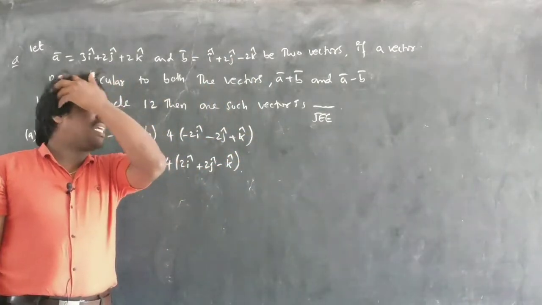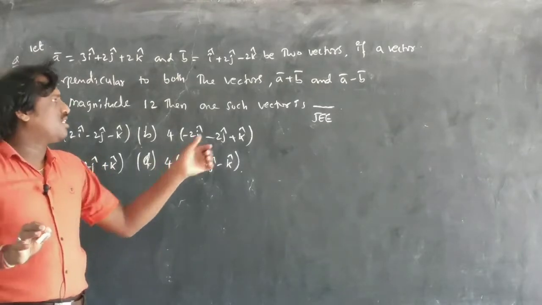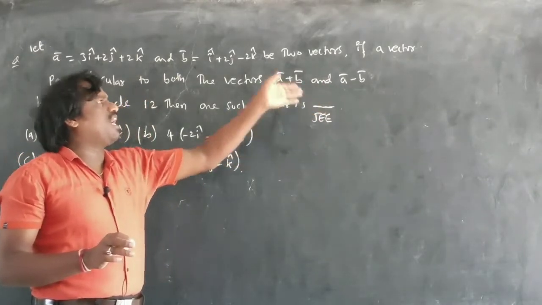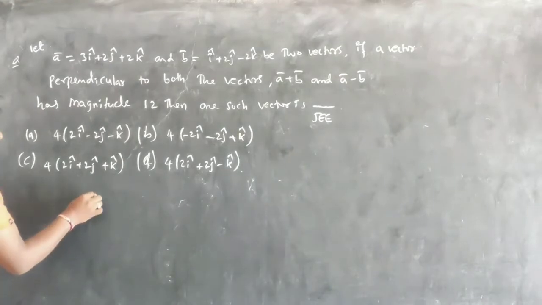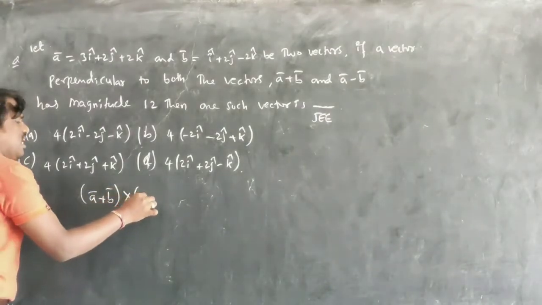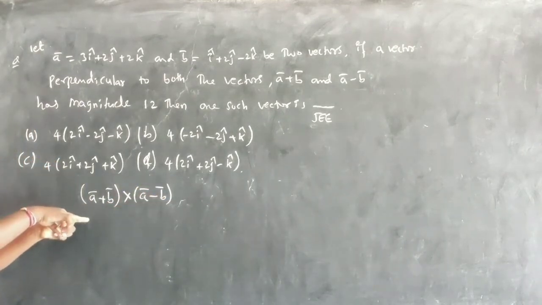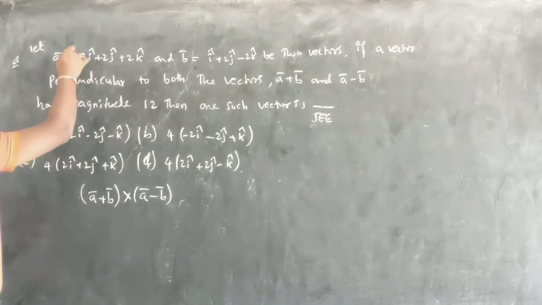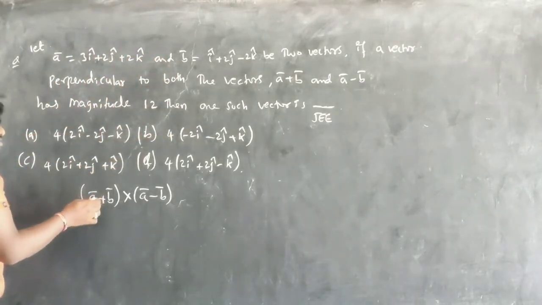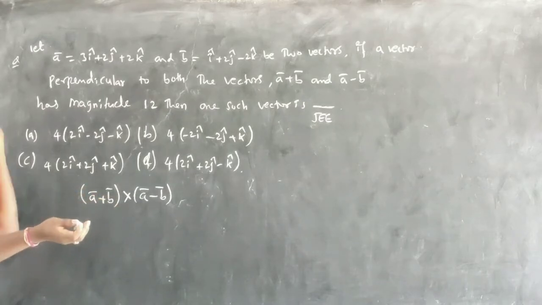You can do it like that, or you can do it another way also, okay? You have to find the cross product of A plus B with A minus B, and then find the magnitude of this. So if you take vector A and vector B, which you already have, do addition, do subtraction and do the cross, that is over.